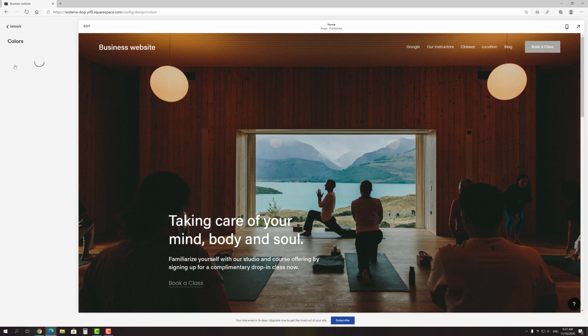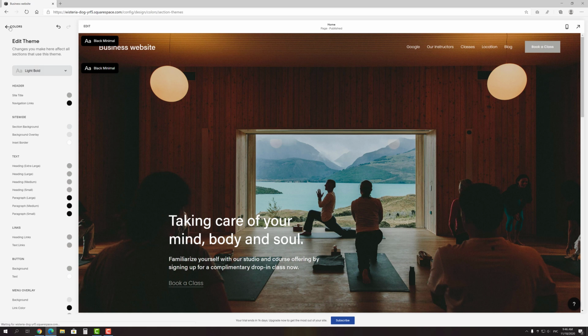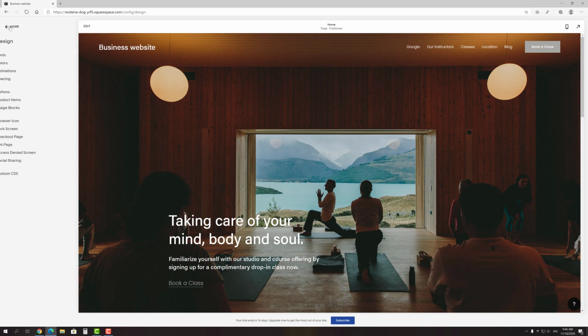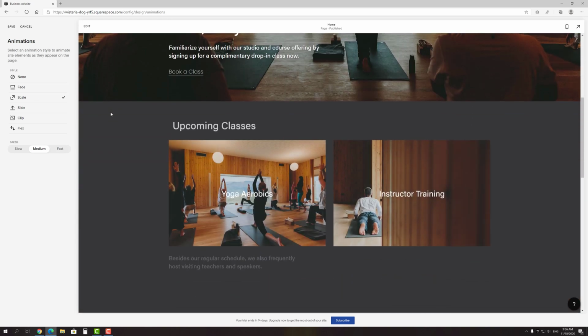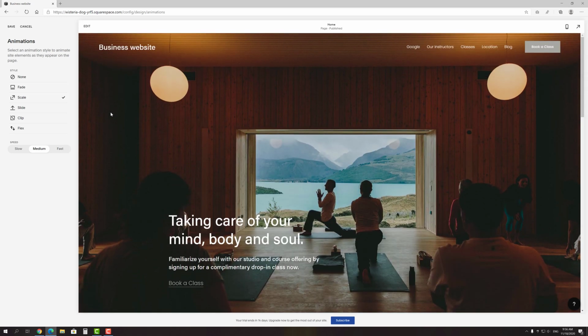On the Colors tab, you can select one of the color palettes and apply it to the entire site, or customize the color for each element individually. If you want to add fancy animations that appear when visitors scroll the page, you can do that on the appropriate tab. The selected animation style will be automatically applied to all blocks on your site, making it look more professional, individual and modern. Also, after you select one of the styles, you can set the animation speed.